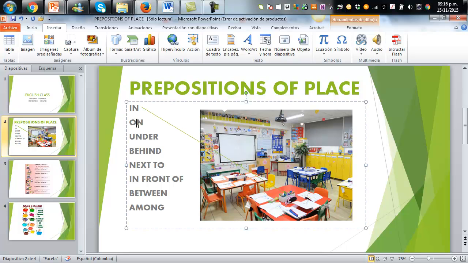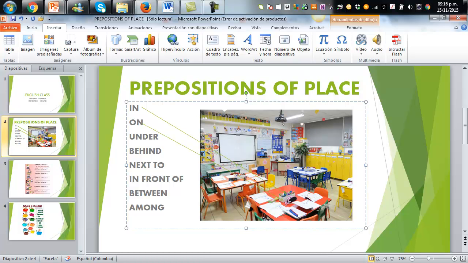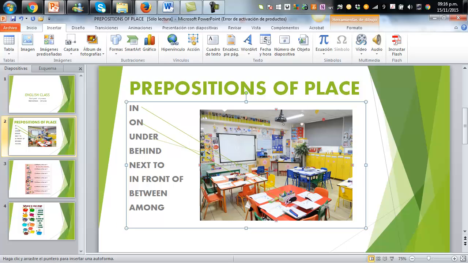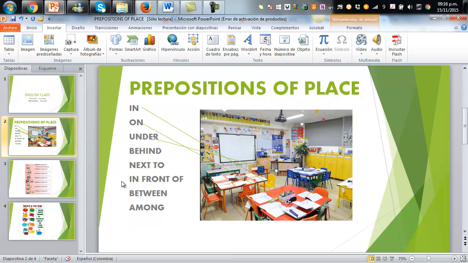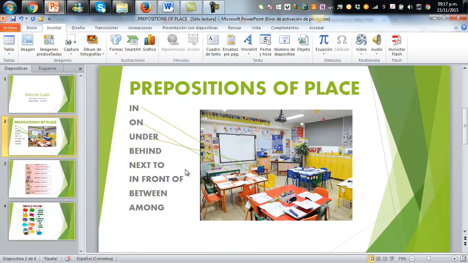And when I talk about on, the same, I take another arrow and I say, the box is on the desk. And then with under, let's see what we have under here. We have maybe this table here, or this pink object. So we take another arrow and we do that. An activity we're going to do before filling in this activity guide is that we're going to use arrows